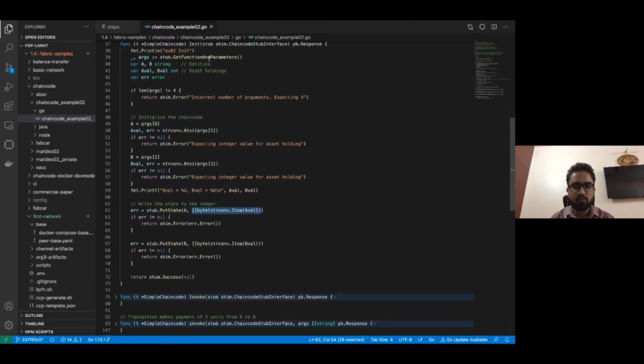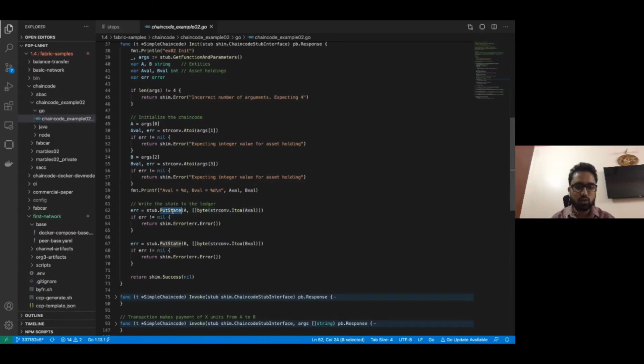So when we call this initialization function, we pass four parameters: the first variable name and its value, and the second variable name and its value, that is A, B, and the values for both the accounts. When we call putState, we pass the variable name and the value assigned to it.